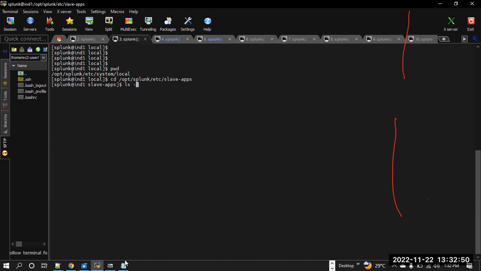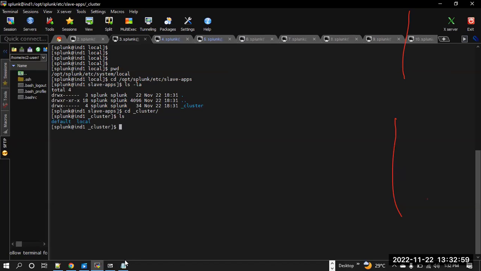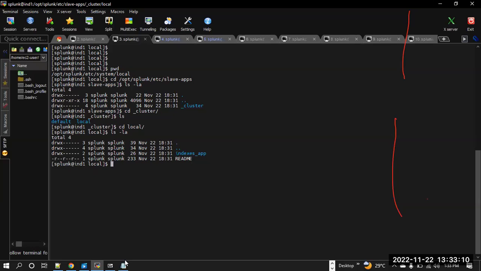So if I do ls-la, and then I have to cd into my underscore cluster and ls, I have it here. So if I go ahead and say cd into local and ls-la, I have my indexes underscore app. Remember, I created it as in, and if I cut now,